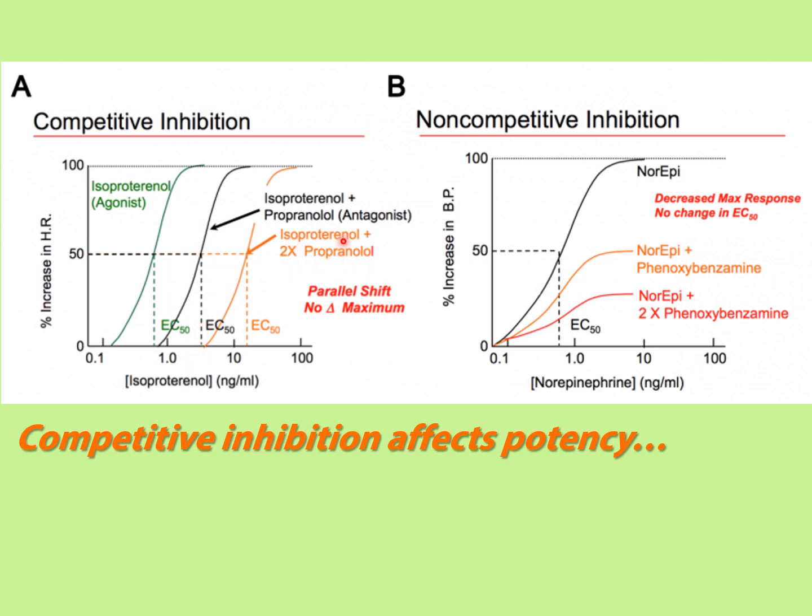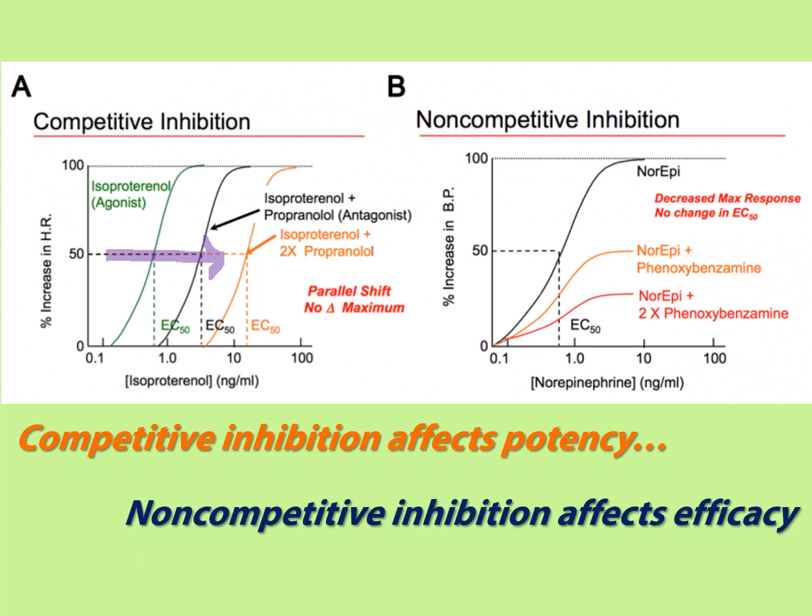If we add a little more of that antagonist, it was going to take something north of 10, maybe 10 or 15. So we were seeing a right-hand shift in the curve, and remember that we talked about the horizontal shift as a function of potency. Okay, so competitive inhibition affects potency, but non-competitive inhibition affects efficacy, because now, again, here's the maximum efficacy for norepinephrine in this one,